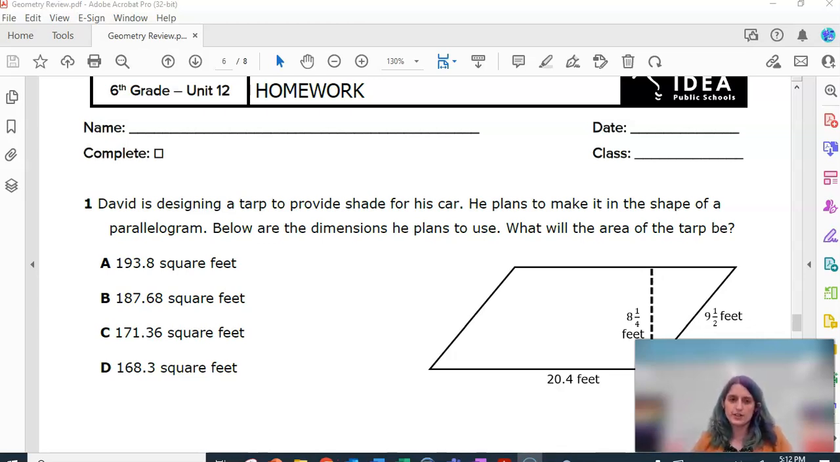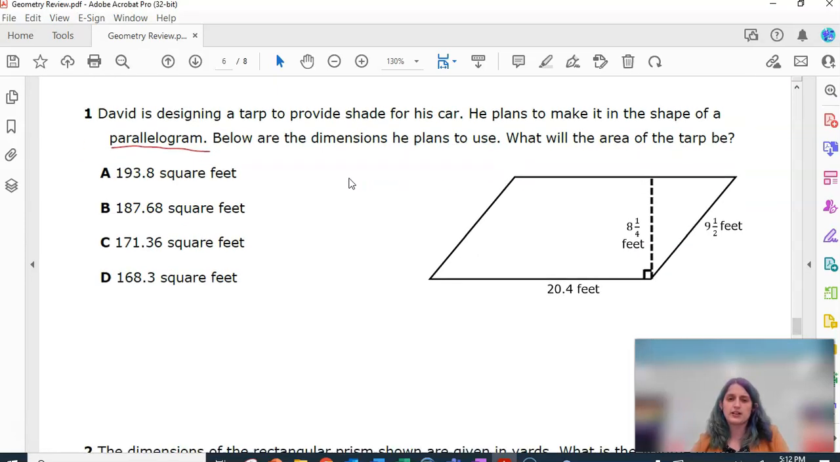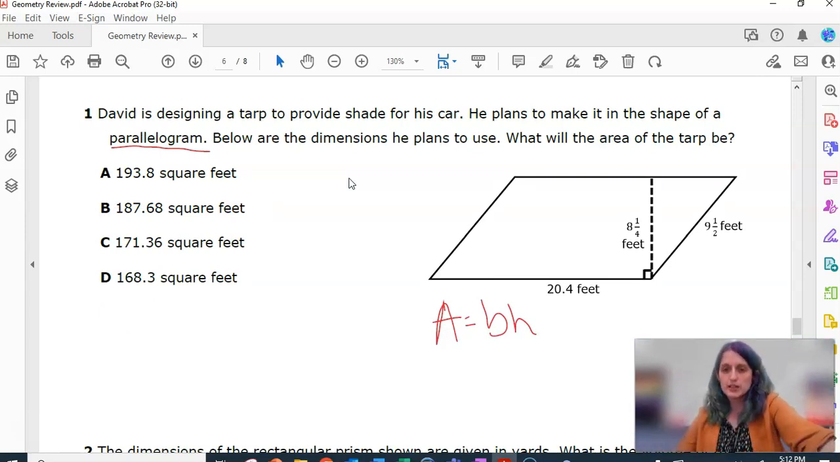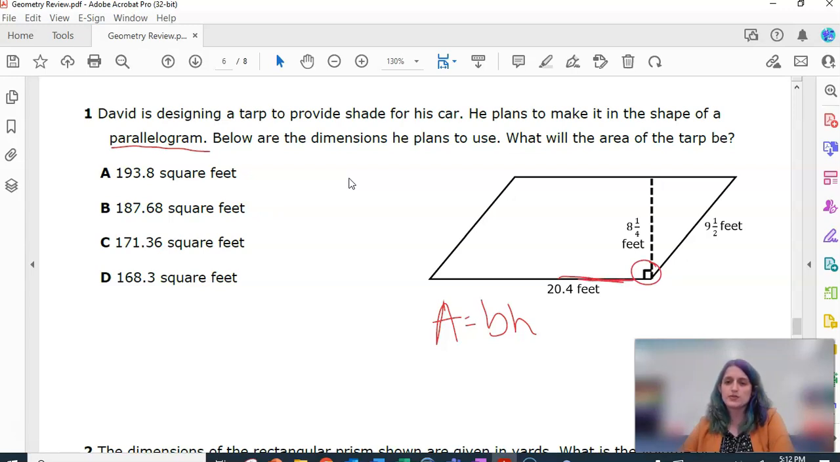Alright, so our first shape is a parallelogram. Parallelograms have an area formula of area equals base times height, same as rectangles and squares. So let's look. We got three numbers, one of which we do not need to use. We know that the base and the height must always form a right angle. So our base is going to be this 20 and 4/10, and our height is going to be this 8